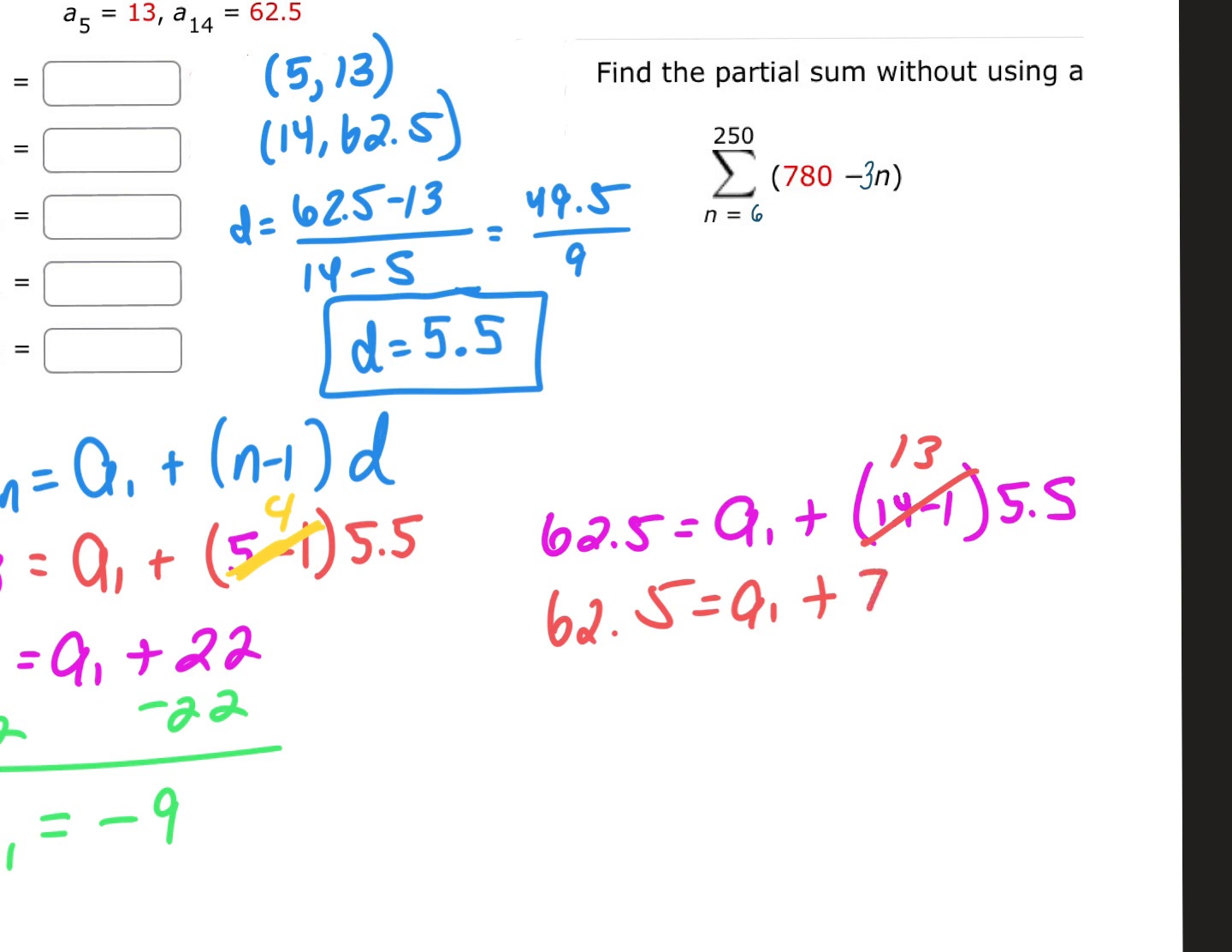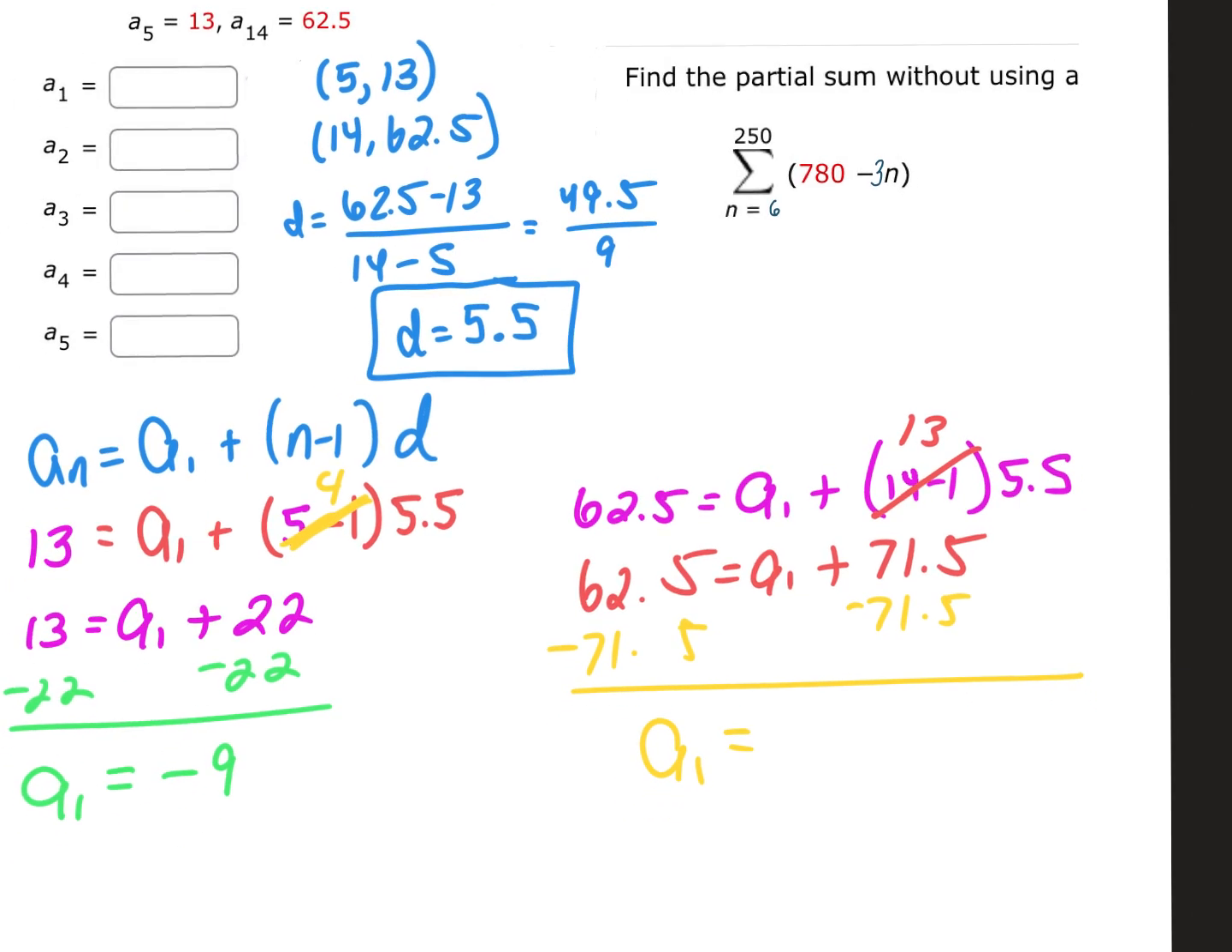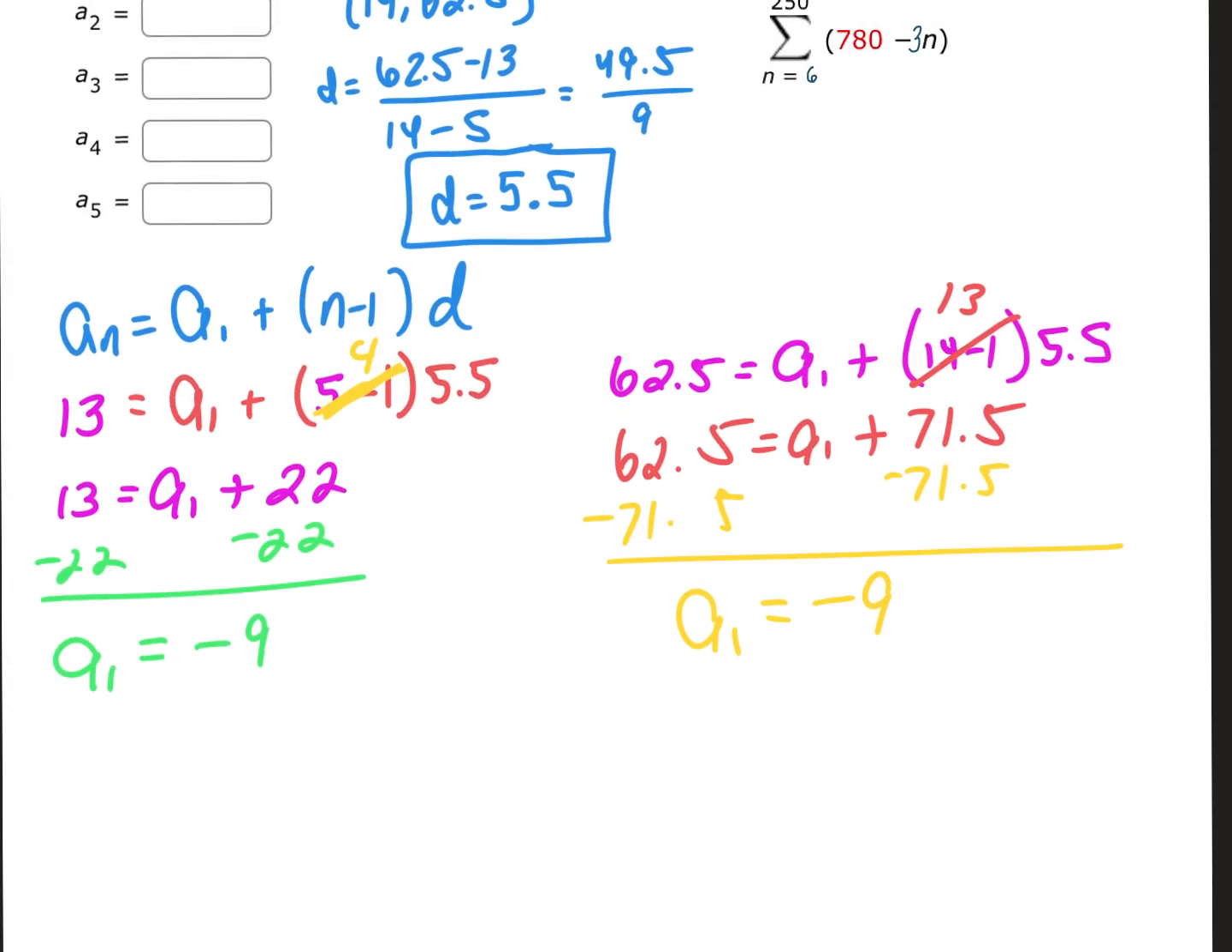71.5. And then what do I do to both sides? Subtract 71.5. So I get here, a sub 1 equals what? What's 62.5 minus 71.5? Negative 9. You guys get negative 9? Look, we got the same thing each time. So now,